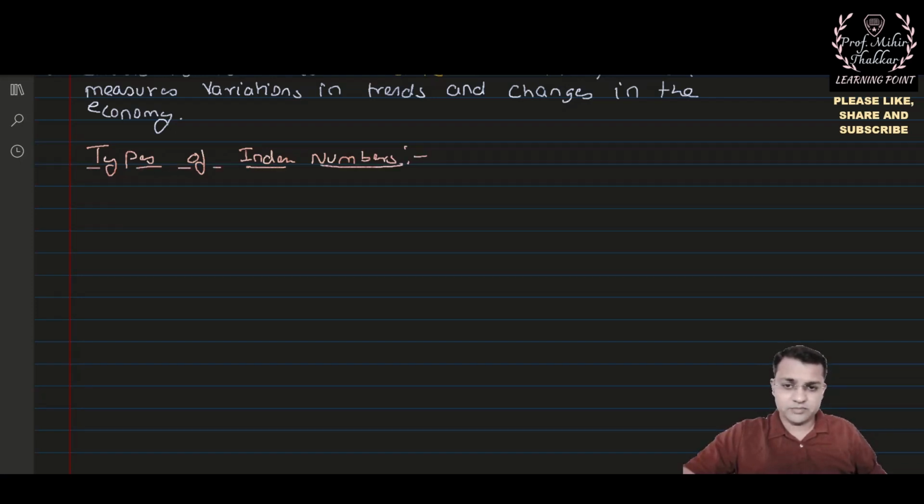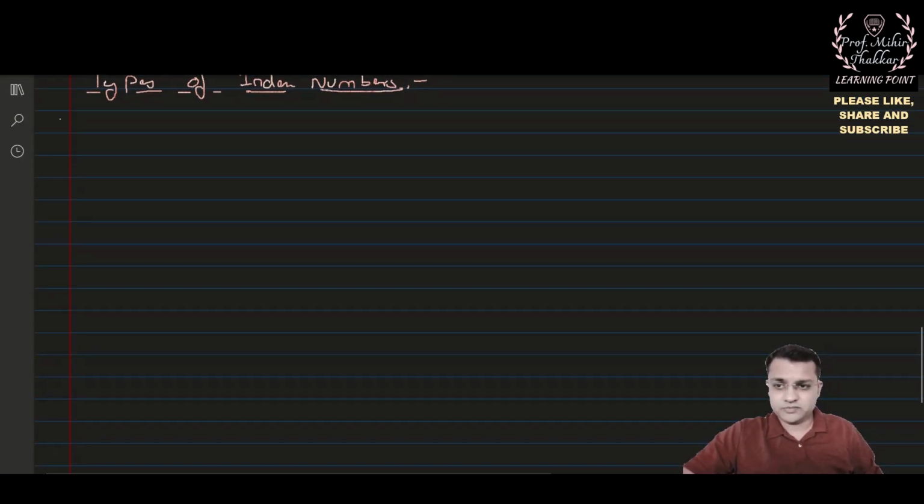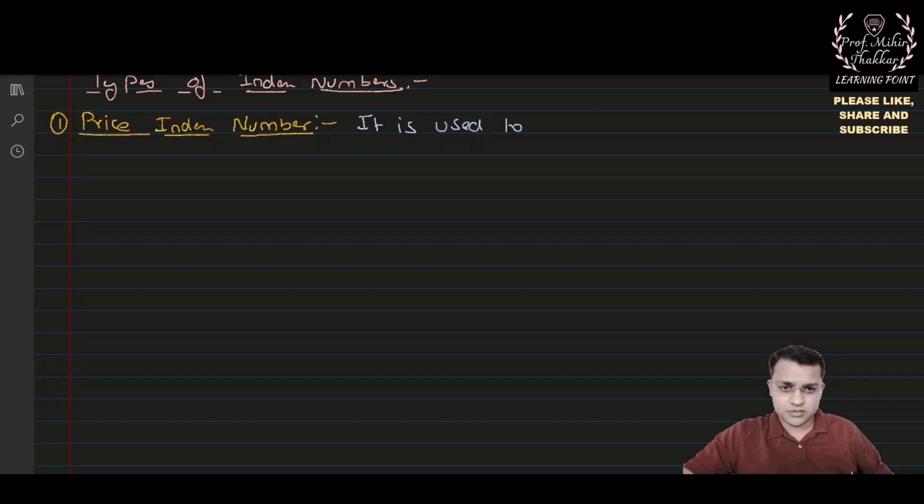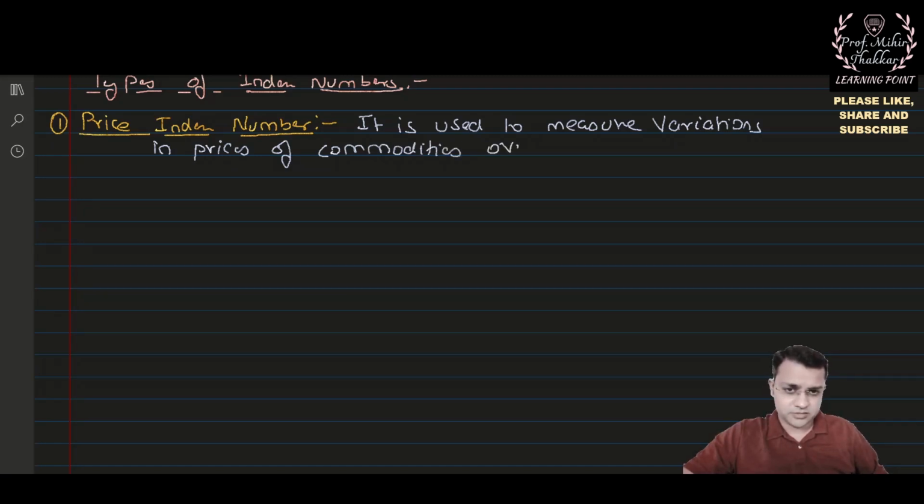The main types of index numbers that we have: the first one is the price index number. It is used to measure variations in prices of commodities over a period of time. And under price index number, we have something called as